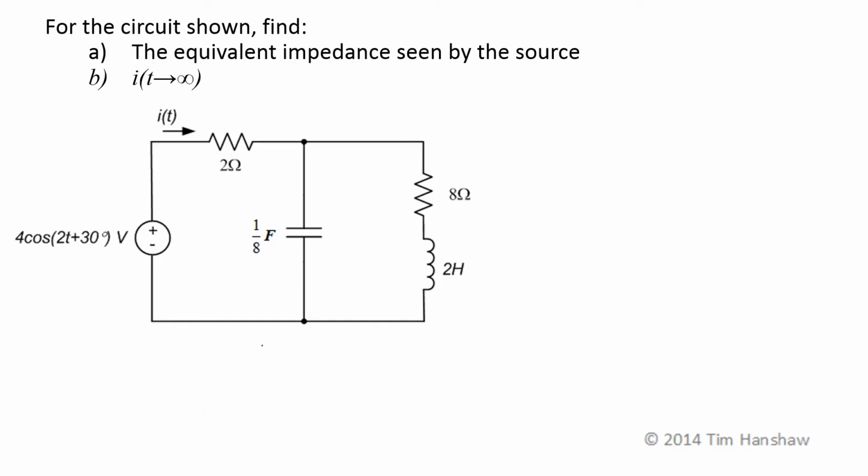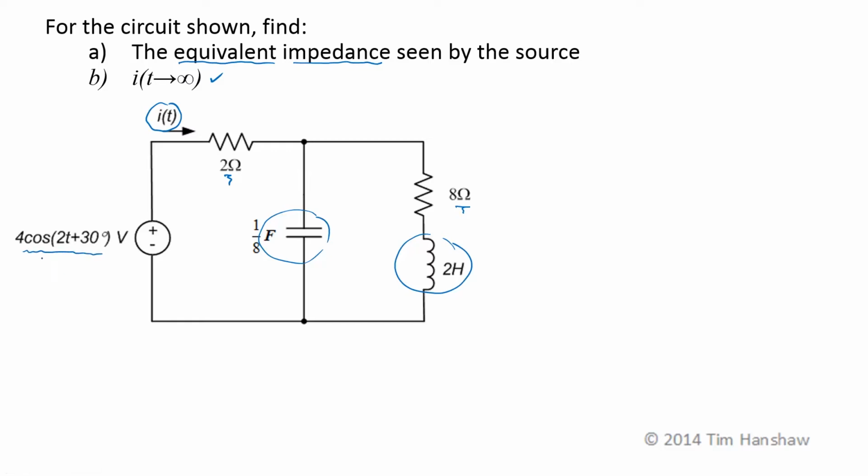Okay, we're given this circuit. We want to find two things: the equivalent impedance seen by the source, which means we're going to need to convert the capacitor and the inductor into their equivalent impedances. Resistances are the same as impedance values, so those will still be the same in the frequency domain. And then we want to find i(t), the current out of the source, for this sinusoidal